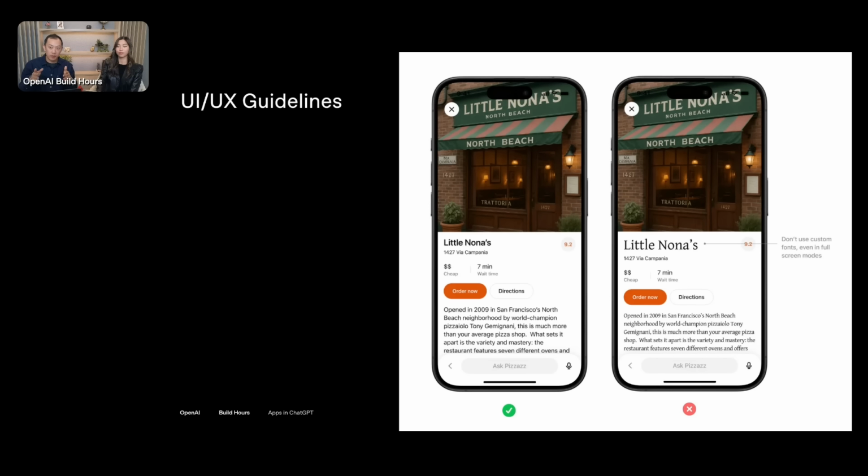Awesome. Now looking at the screenshots here, this is just an example of a UI guideline. We have a whole page on this that goes through the design principles, but little things like using the right font size, thinking about mobile. A lot of the traditional things about web development and native development persist as well when you're thinking about building an app within ChatGPT. But go read the docs there for some more detailed information.